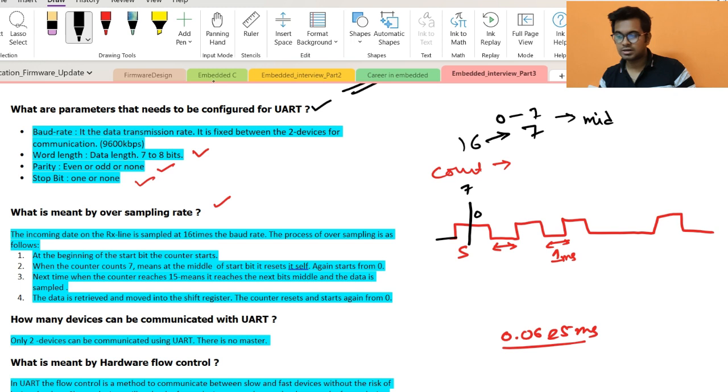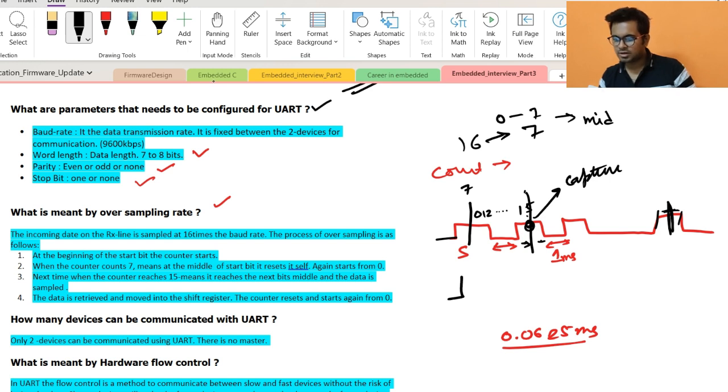Okay, now look carefully at what happens. Now it will count from 0, 1, 2, 3, up to 15. At that time the device assumes that when it reaches 15 it should be at the middle of the next bit, and at that moment the data will be captured. You know that this is the middle of the signal. We don't want to capture the data at this instance or this instance. We want to capture the data somewhere here, where we know it is very correct, because the